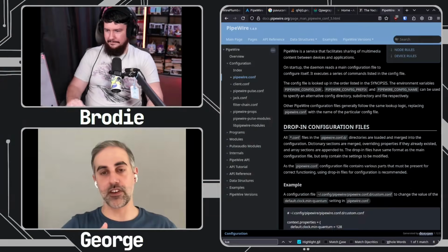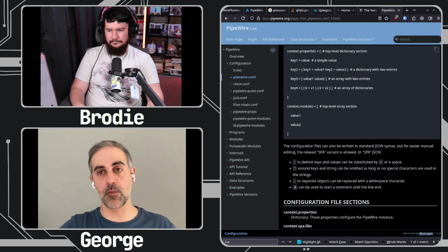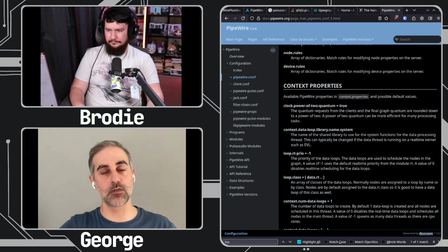No, actually, it had a configuration file, but it was a very, very minimal configuration file with a custom parser where each line was parsed separately. It was like an INI format configuration file, something like that. It was a very simple thing just to configure which modules you want to load and things like that. That was not something we could take on in Wireplumber. It wasn't giving us enough options.